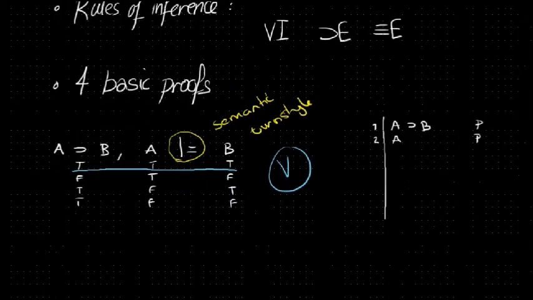So now with our very basic sequence, A then B, A, therefore B, this only requires one step, but we can now see that on line 3 we could write B, and we could cite our conditional elimination rule, 1, 2, and conditional elimination. And so we've shown here that we can derive B from this using rules of inference in PL,